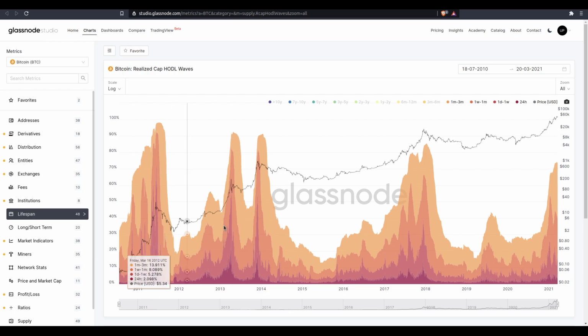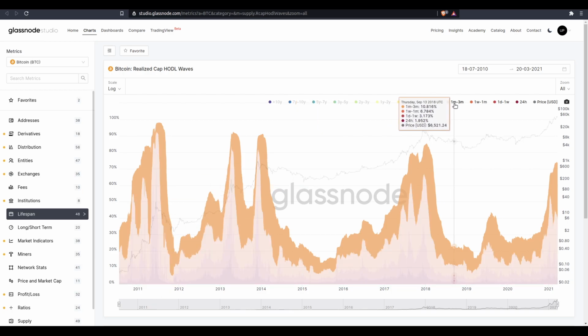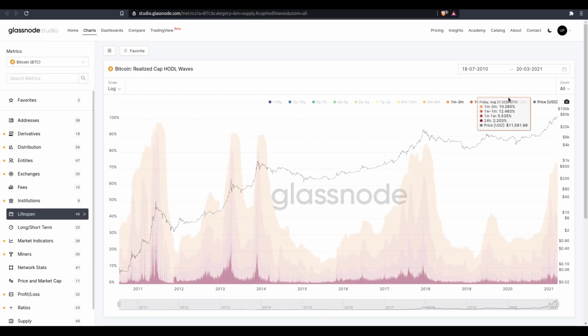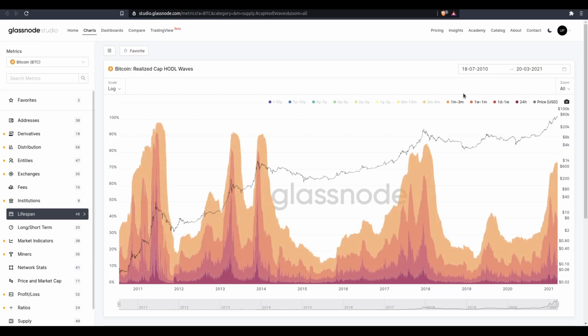Now in this particular chart, I've turned off everything that's older than 3 months, essentially. So if it's older than 3 months, it's not represented in this chart. And you can see that during bear markets, what the realized cap hodl waves do is essentially amplify the signal that we see on this plot by the realized price of that particular grouping. So to put that into other words, the more active a group is, the more space it's going to take